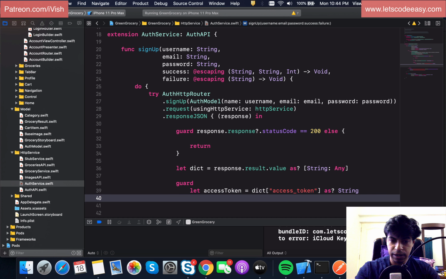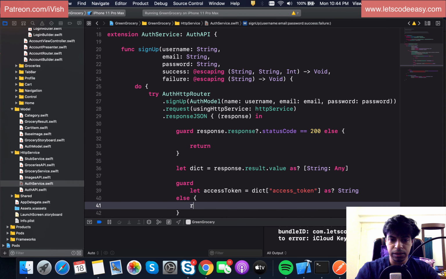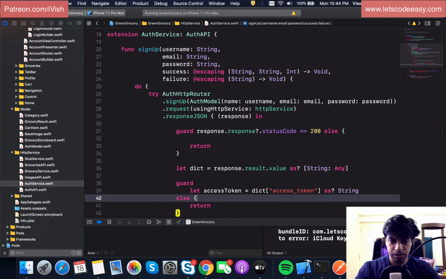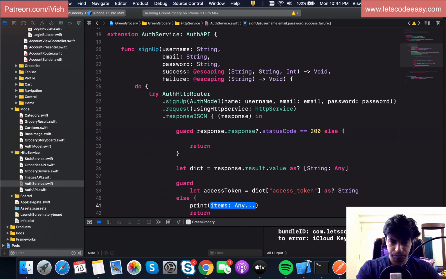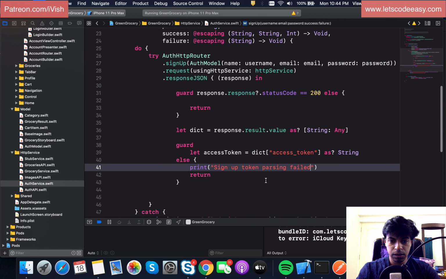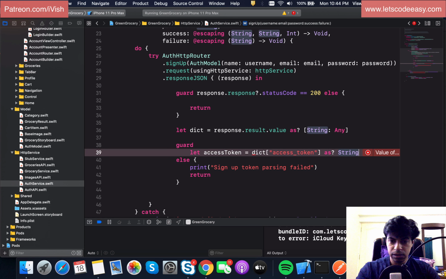Also, let me do that else part. Else I might just return, maybe print token, sign up token, parsing failed. So otherwise I will get